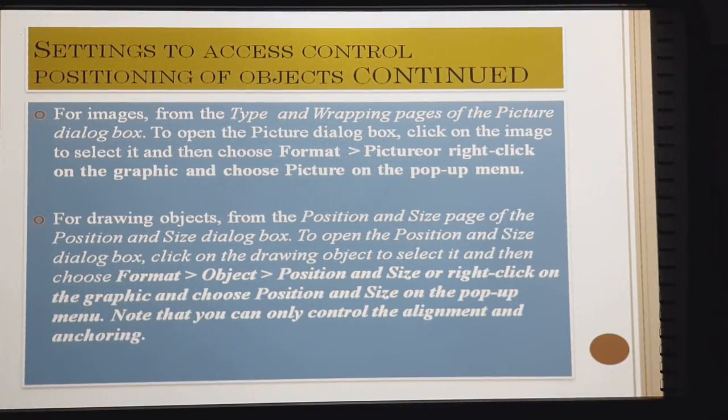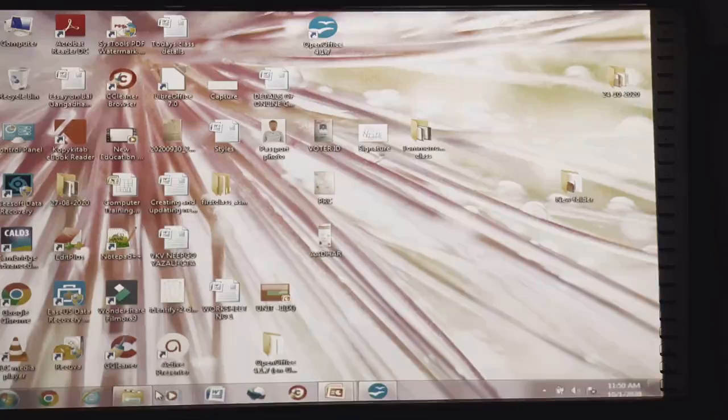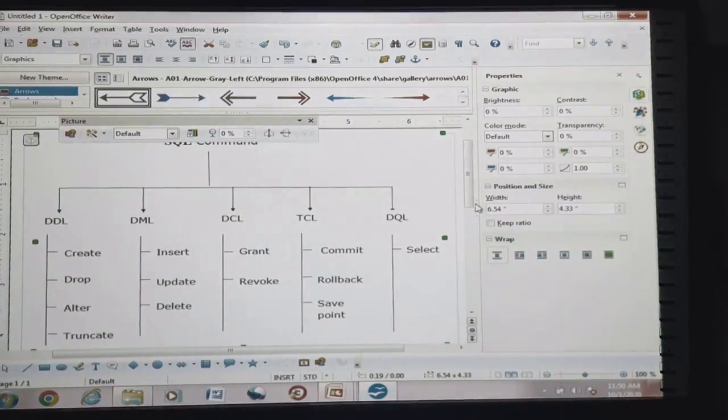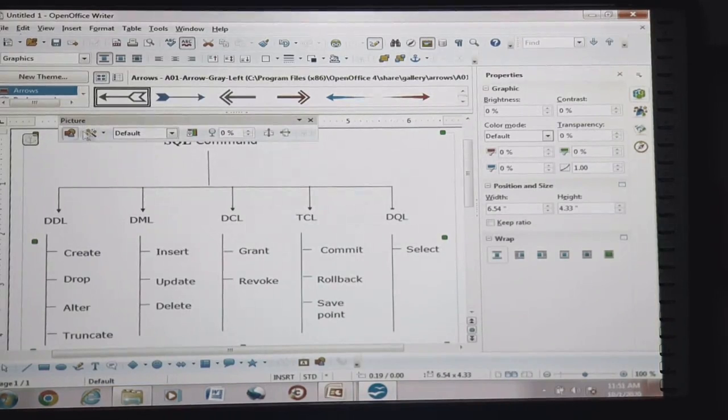So for images, from the type and wrapping pages of the picture dialog box, if we need to apply those 4 settings for the images only, then we go to the type and wrapping pages of the picture dialog box. So we need to go to the picture dialog box first. See, this is the picture dialog box which appeared in front of us.